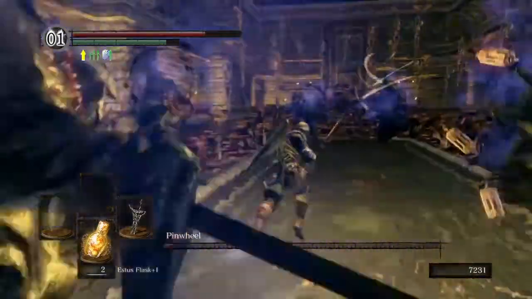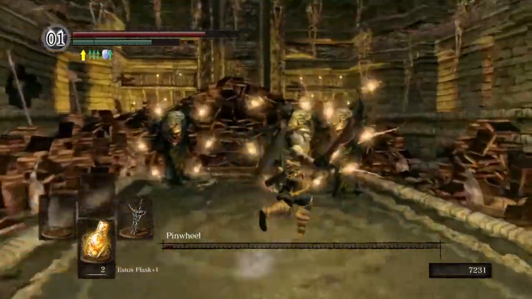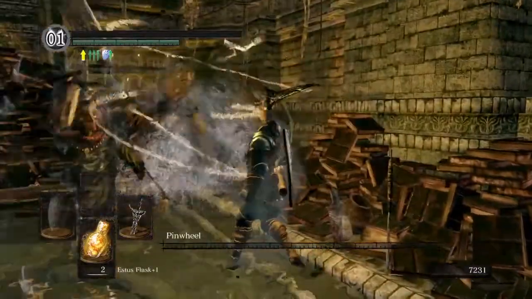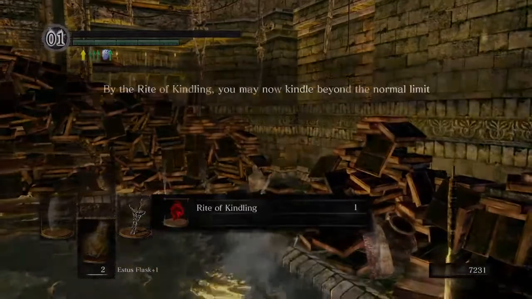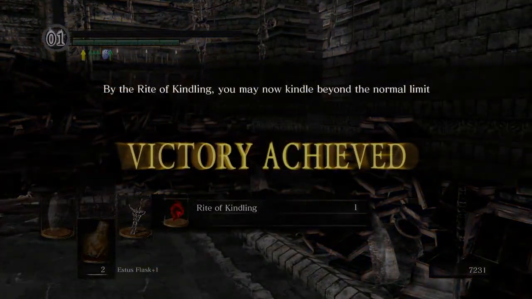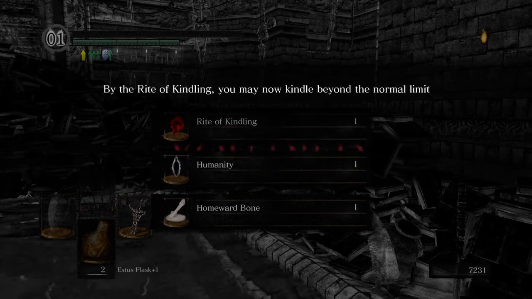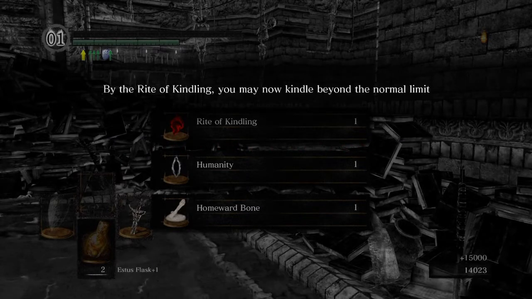I just gotta hit him one more time. Come on, dude. I see him. I know where he is. I hit him. He's dead. But then his decoys kill me. How do you like them apples? But it still counts. The doorway opens. I get the Rite of Kindling. It said that I killed him, so...